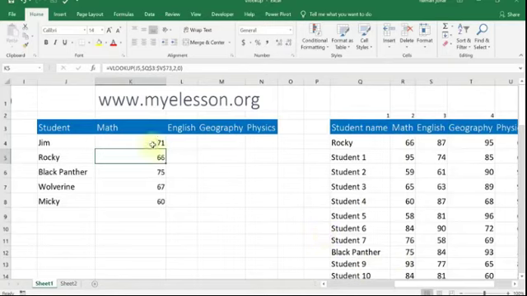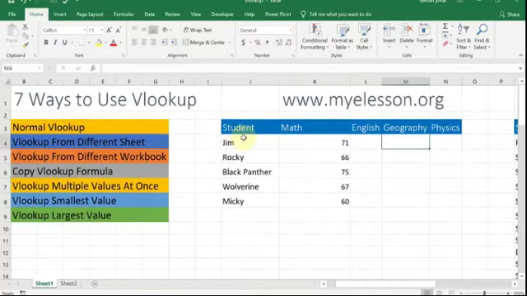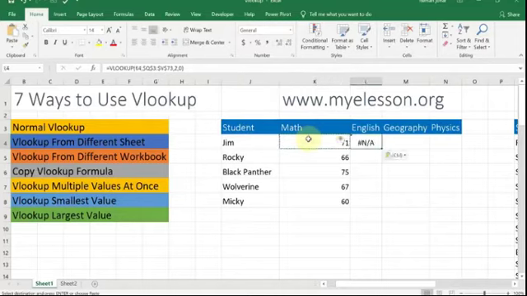See, copying VLOOKUP down is easy. Copying VLOOKUP from left to right is not easy. I'll tell you that also. Okay, I'll tell you how to do that. For that, we will have to use VLOOKUP multiple values. We can't just copy VLOOKUP from here to here. In case you want to copy the same formula to English, it's not working. Reason being that the lookup value is now K4 and K4 is this number.